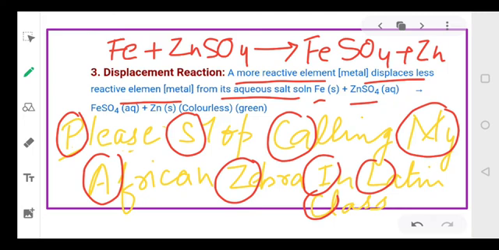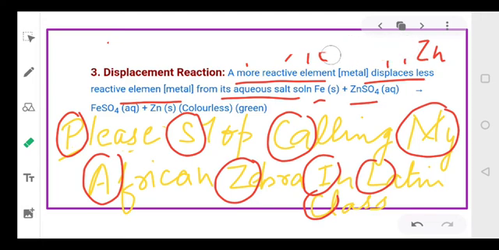Is it right? Can iron displace zinc? No, this is wrong. See students, I just told you the sequence, even then you missed. What should it be? It should be